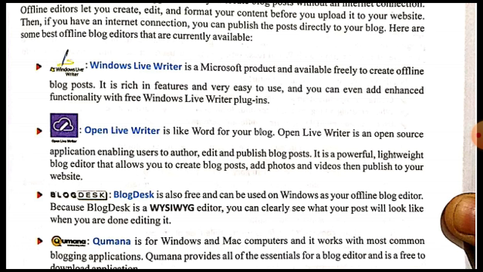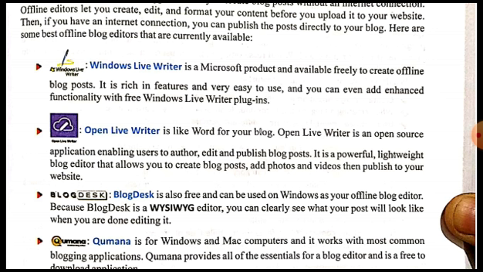All of us know Microsoft, or MS Word. What happens? The document after editing will look the same way it is looking while we are editing it. So there are no changes in the look of the document after we post it. So the readers will see it in exactly the same manner in which we are seeing it as we are editing it. MS Word is an example of a WYSIWYG editor, and similarly BlogDesk is also a WYSIWYG editor. Almost all text editors like Notepad and WordPad are also WYSIWYG editors.